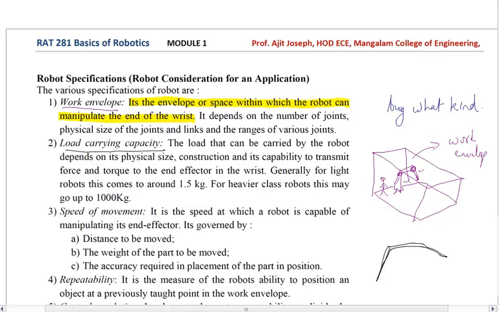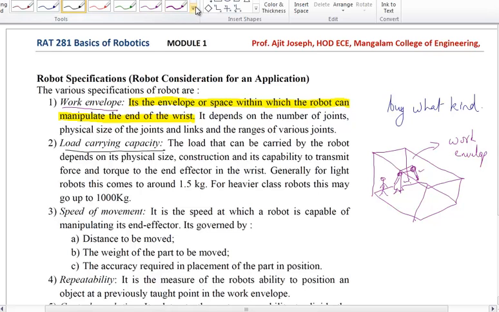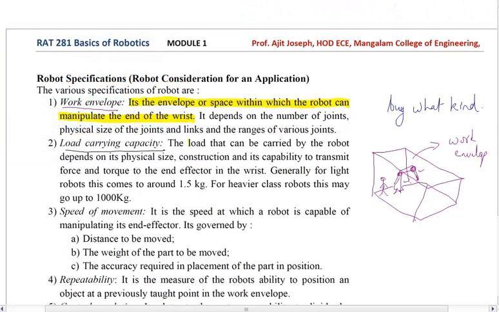length. So you all know that if the length keeps on going bigger and bigger, the load that you are able to place here will put a lot of strain on these joints. Okay, so what is its basic simple definition? If anybody asks, you can say that the load that can be carried by a robot is basically called